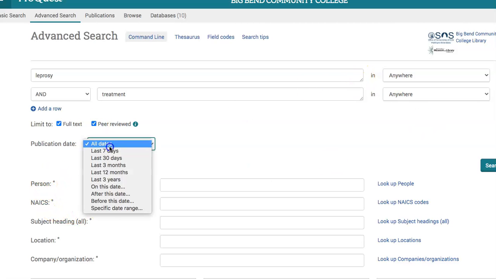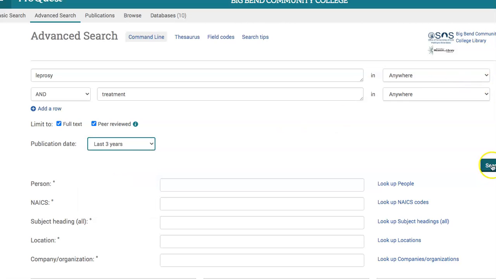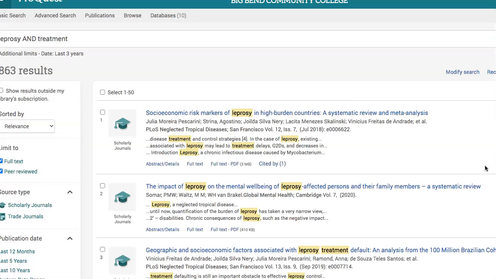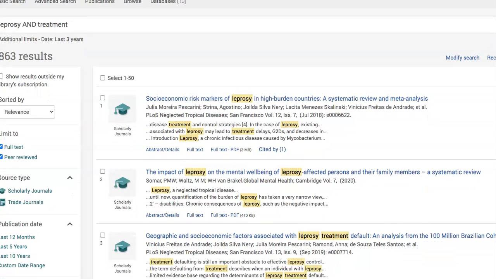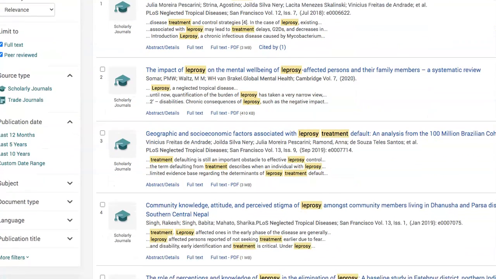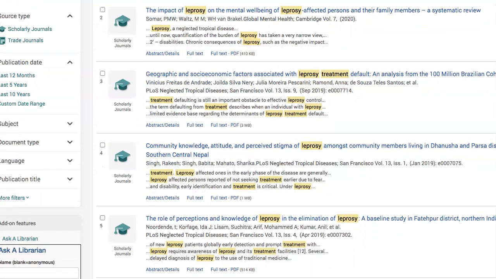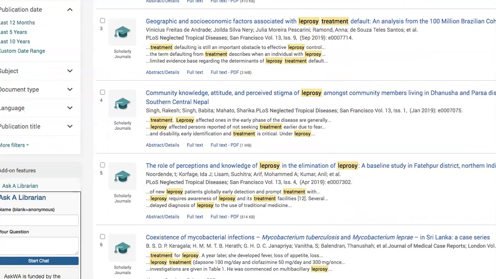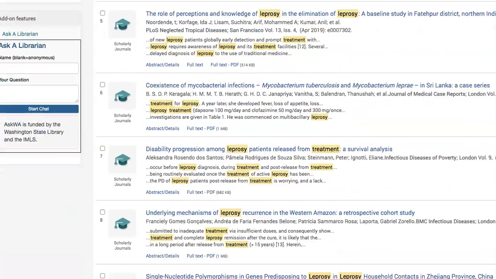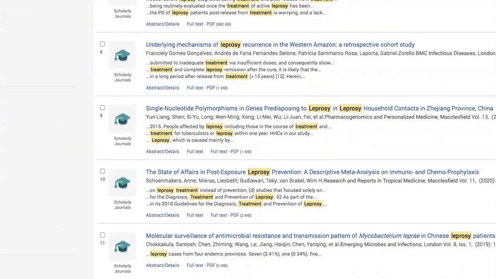And if you'd like to have the last 3 years, last 5 years, or whatever, you would be able to make that identification there to make sure you're working with current materials. So we should get full text, peer-reviewed, scholarly materials delivered to us. We have 1,863 results, and this should be giving you a variety of different types of treatment, analysis, baseline studies, long term